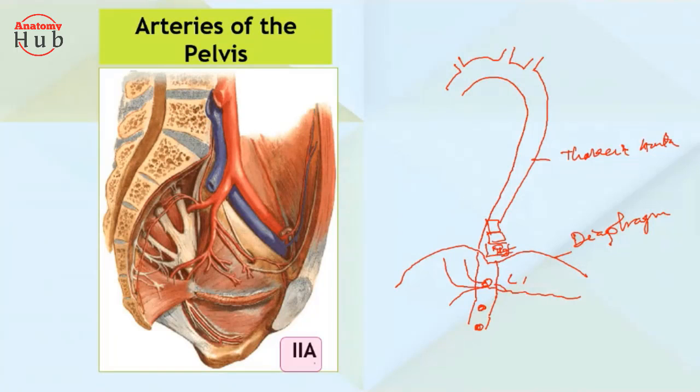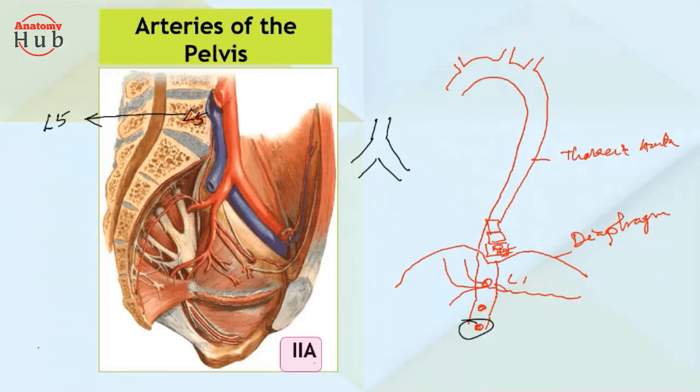And this abdominal aorta, at the level of your, here you can see in this diagram, in this image, this is your L5 region. Okay, so here you can see this is your L5 region, no? This one, right? This is your L5, lumbar 5. Okay, so at this region, what will happen? The abdominal aorta will divide into two branches, no? So this abdominal aorta, I am drawing this region over here. This is the abdominal aorta descending downward, then it divides into two branches, right?